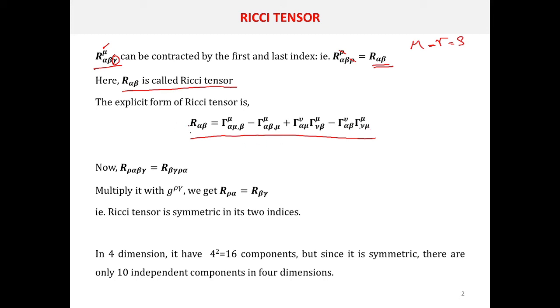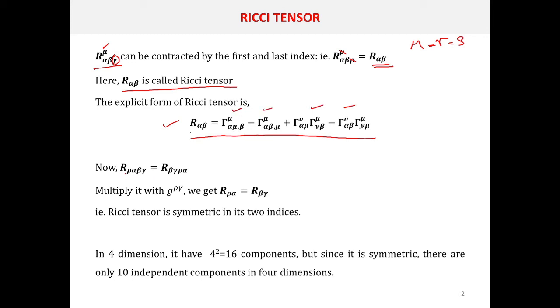When we are obtaining the field equation, we will make use of this particular Ricci tensor. Especially at that time we will set a coordinate where these last two terms will be cancelled. We will have only the first two terms.